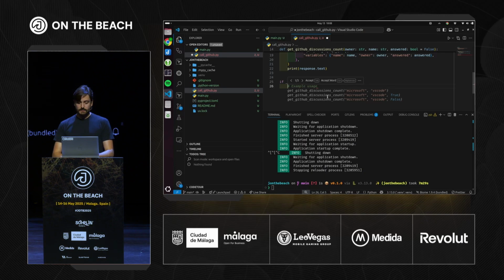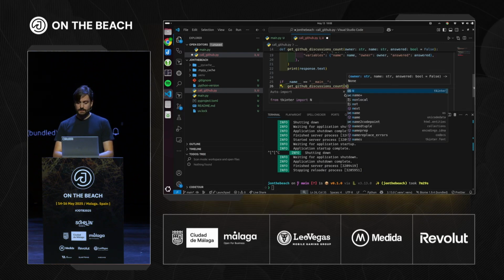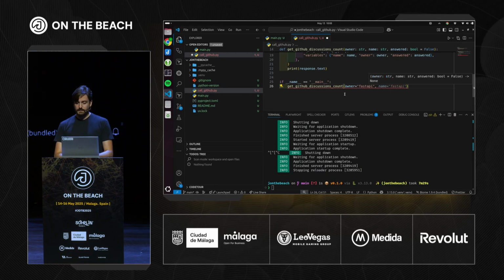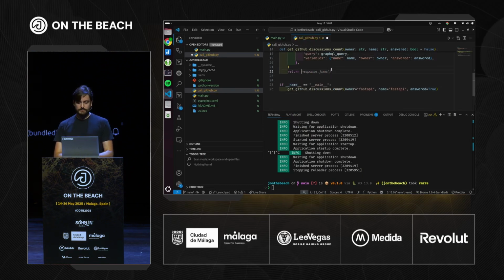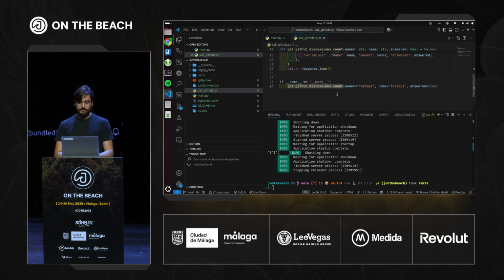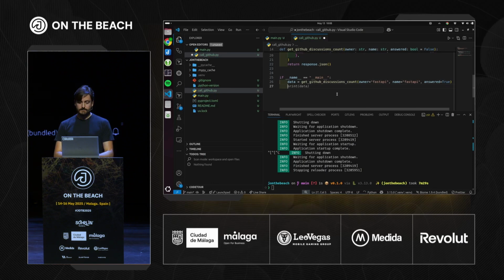We're going to call get_github_discussions_count with owner FastAPI, name FastAPI, answer true. Actually, let's just return the JSON. Return response.json, yes.